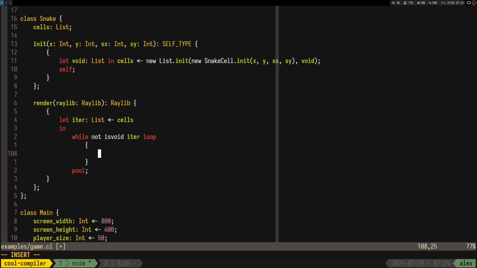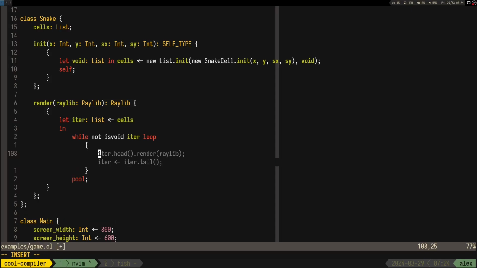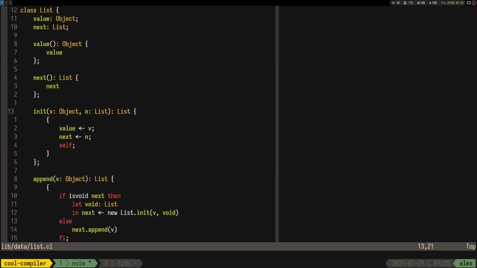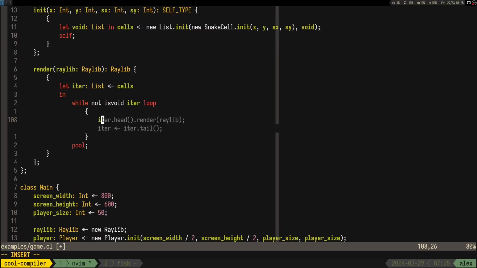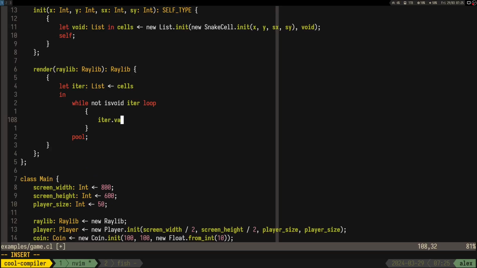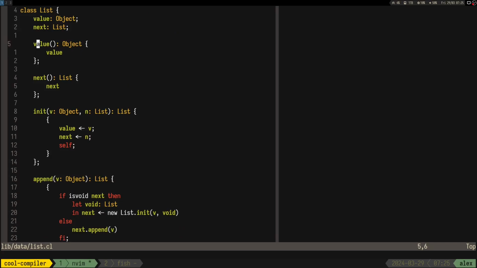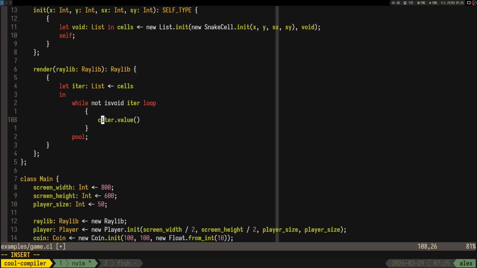Okay, so basically we need to get the value out of the list and call render on it, but the issue is that if we take a look at how value works, it returns an object, doesn't really return. So if we do object value, this returns an object, so we kind of have to cast it in some way to a snake cell, and we can do case